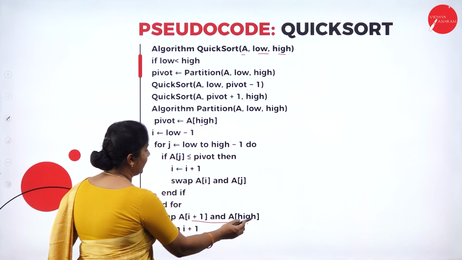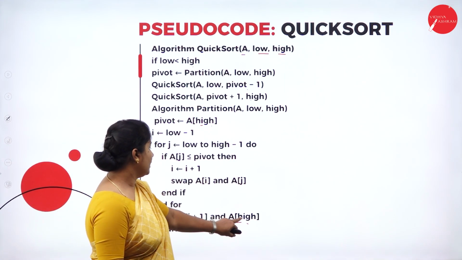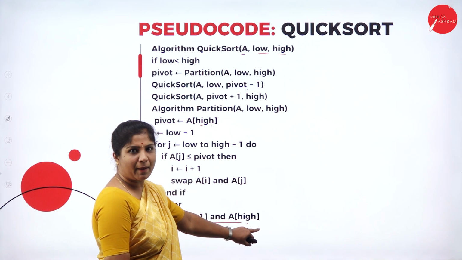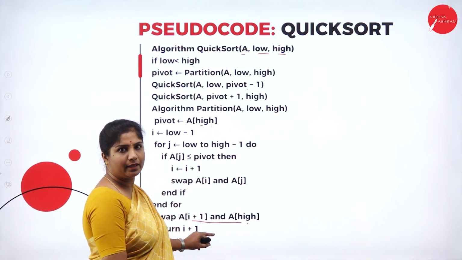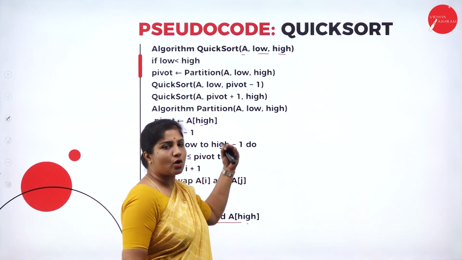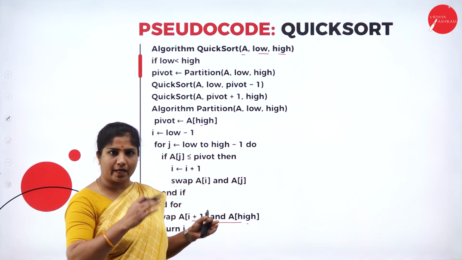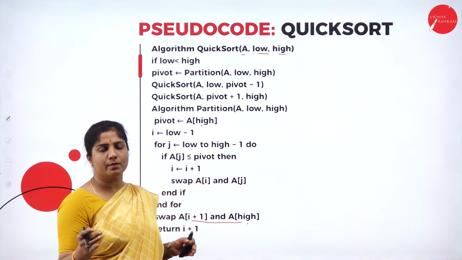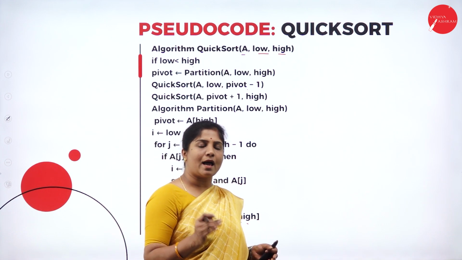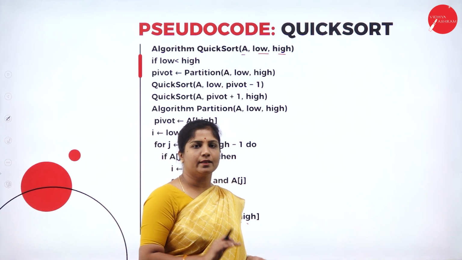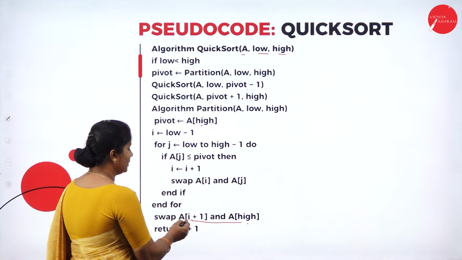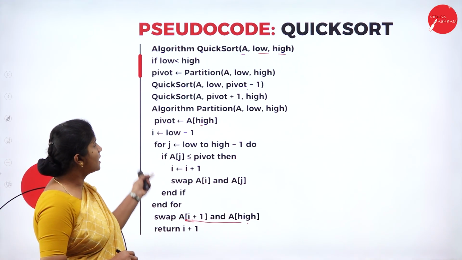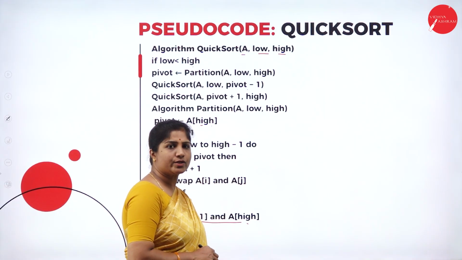At last, we need to place that which was there in the I of I, that is the pivot element, to its correct position, where the I is incremented. So after solving all the subproblems, after arranging all the subproblems in the given array, at last we need to place that pivot element in the correct position by looking at the ith value. So this is how quicksort works.